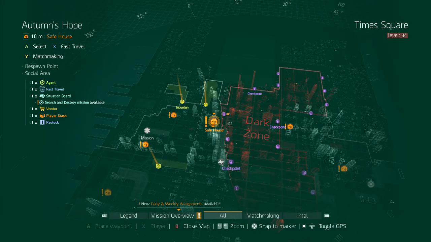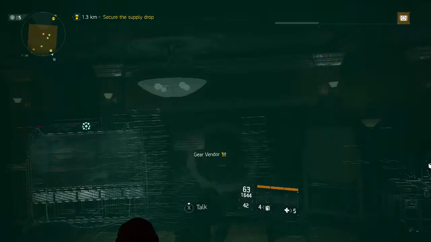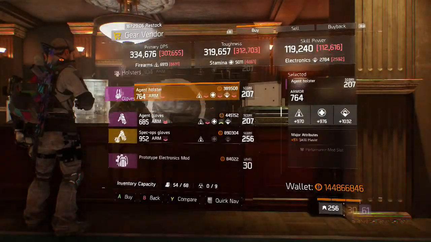Alright, so we're finally out of the base of operations here. We're moving up toward the northwest to the Autumn's Hope safe house. Here at the gear vendor, we scroll down to find...